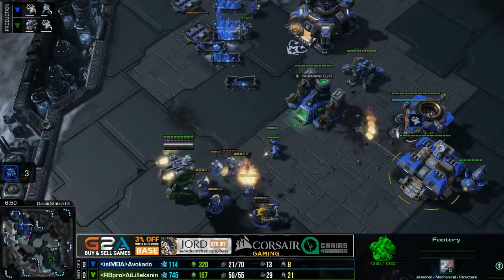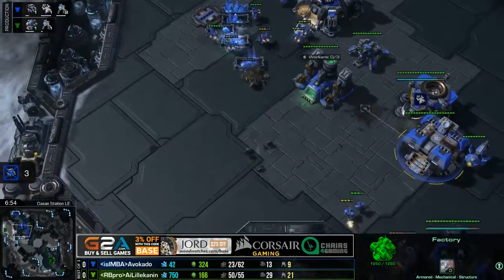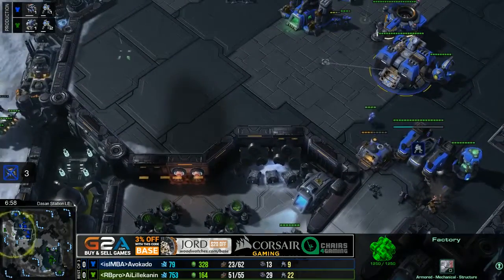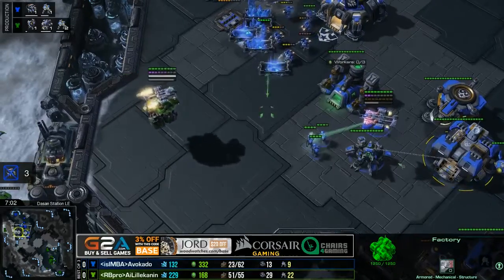He went too far forward with it. He can repair it back up. I mean, there's no anti-air, so that's the thing. The medevacs can just move in whenever they want. Why not? He has like 4 Marines, they don't do anything else. It's not like he's gonna be supply blocked anytime soon, but...